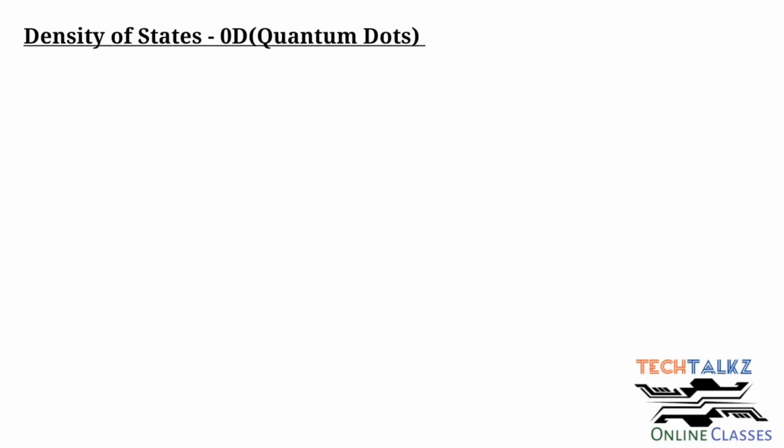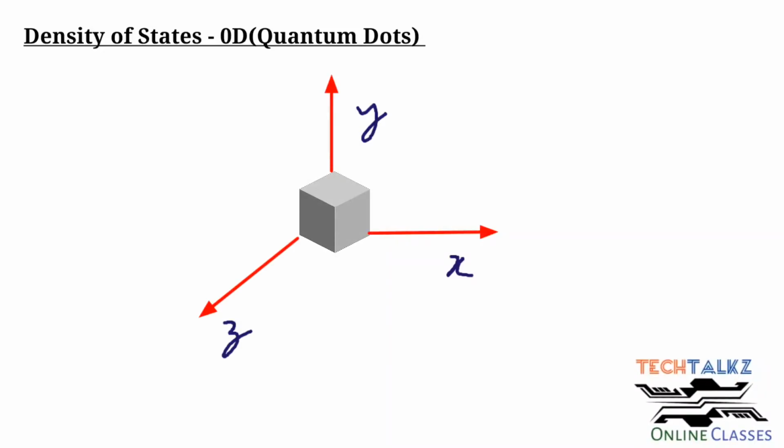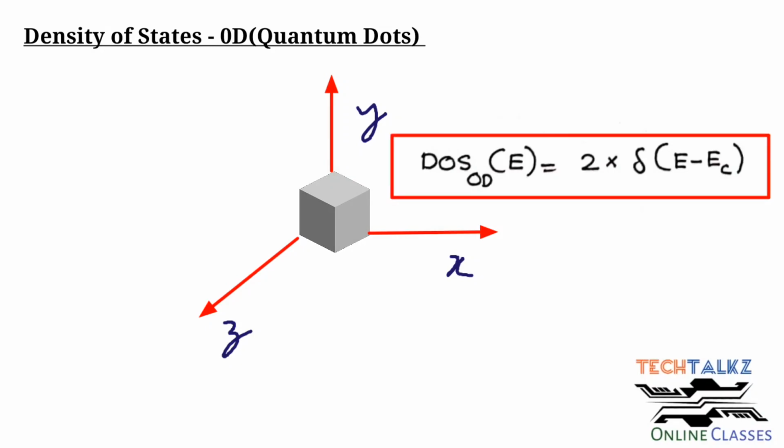Next, the case of 0D structures or quantum dots. Here the electron movement is confined in all the directions, across the x-axis, y-axis and z-axis. So, there is no relative k space or energy to k relationship. It is atomic level, so we can relate it to a single atom. Therefore, the density of states in quantum dots or 0D structures will be a delta function. Density of states of 0D structures with respect to energy will be a delta function of the energy difference, E minus Ec. The delta function is multiplied with 2, that is due to the spin.